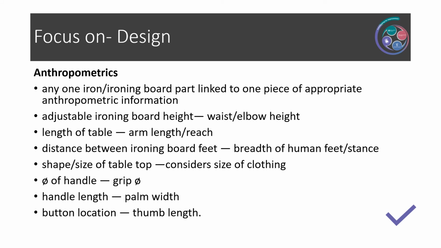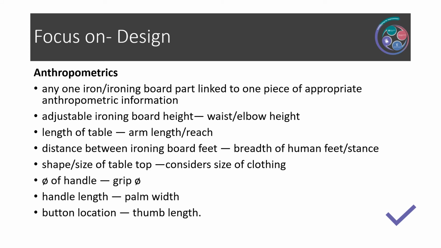And whilst you do not need to know the other 2, you may make comments which are related to those areas of study. Let's look at anthropometrics first. Any one part of the iron or ironing board, and then linking that with one piece of appropriate information or a part of a body. This could be such things as adjustable ironing board height or the waist to elbow height,